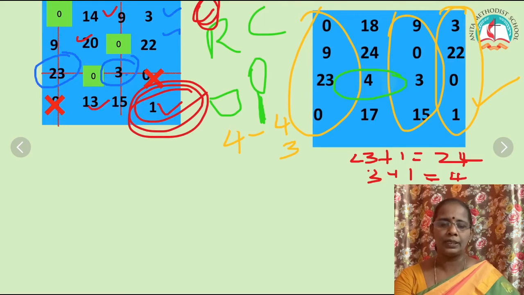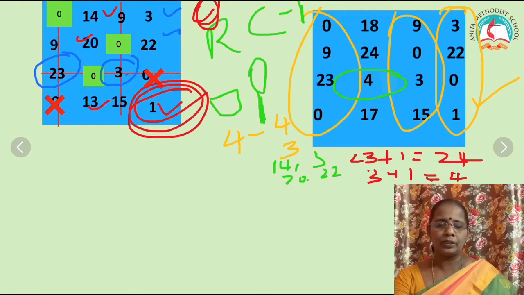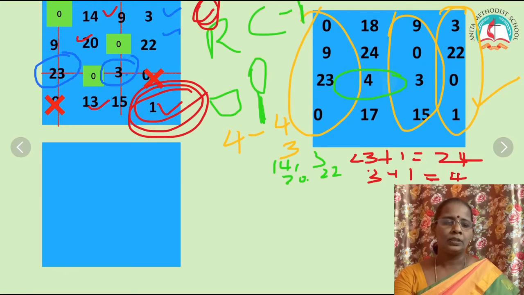For the unmarked elements you have to subtract 1, and for other numbers, if the number passed through a line, then you write it as it is. 2 lines means add 1. The rest of the numbers you have to subtract 1, because 1 is the smallest among the unmarked numbers. Unmarked means the line should not pass through. Okay, so now 14, 20 like that. Now the next step, write as it is 0, 9,